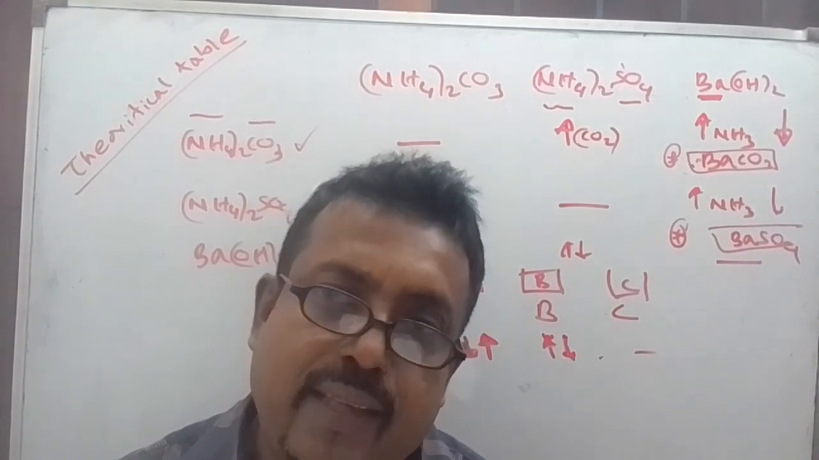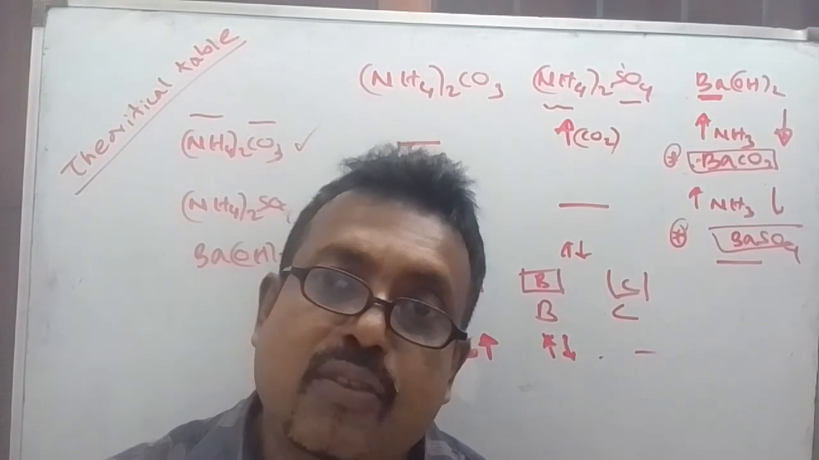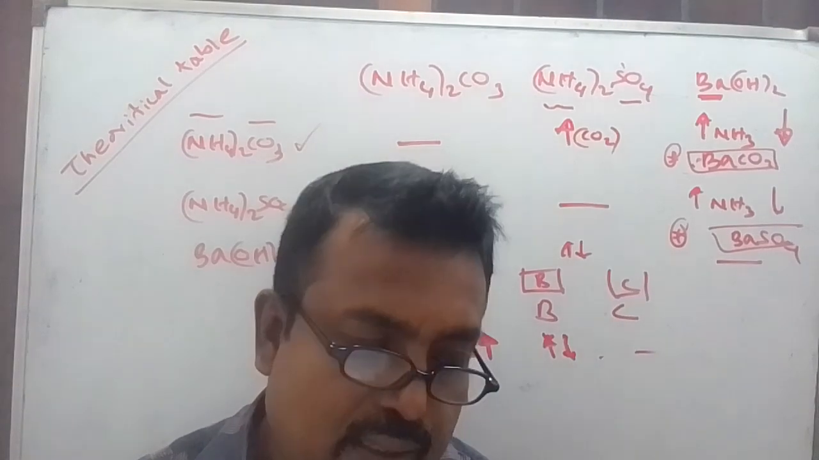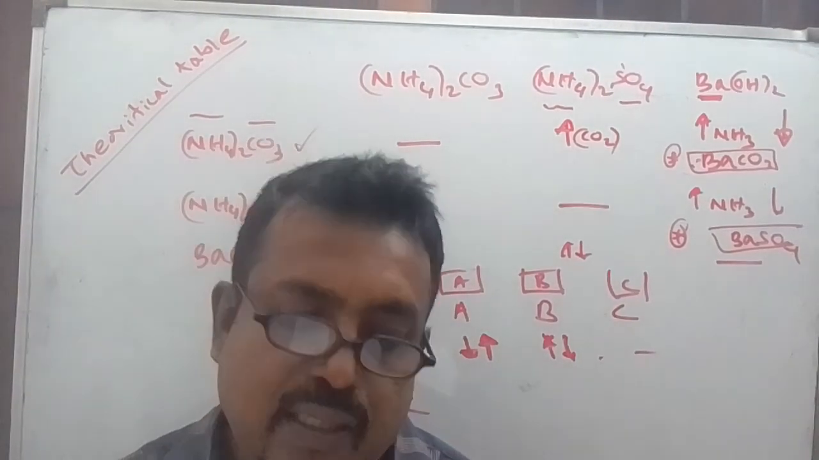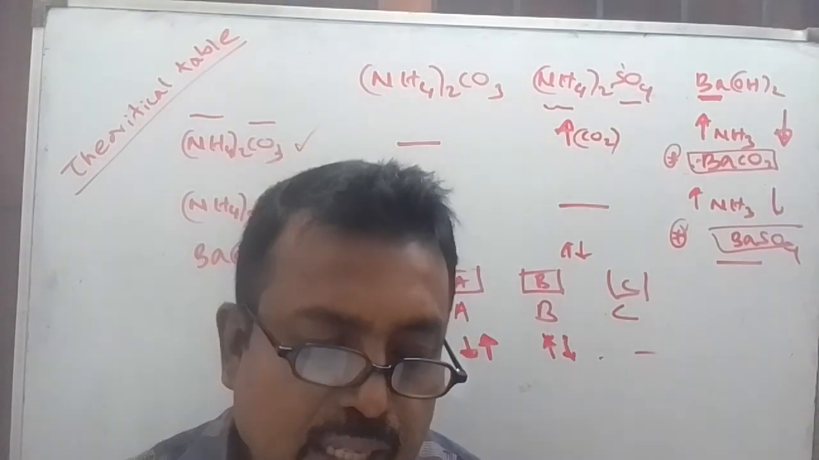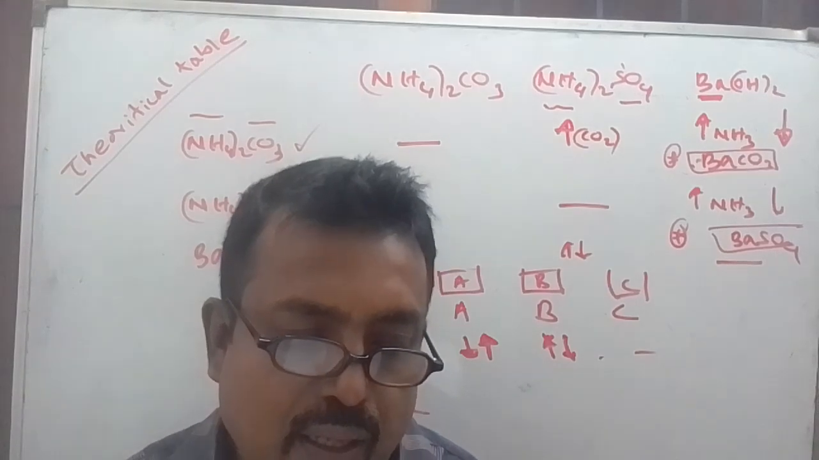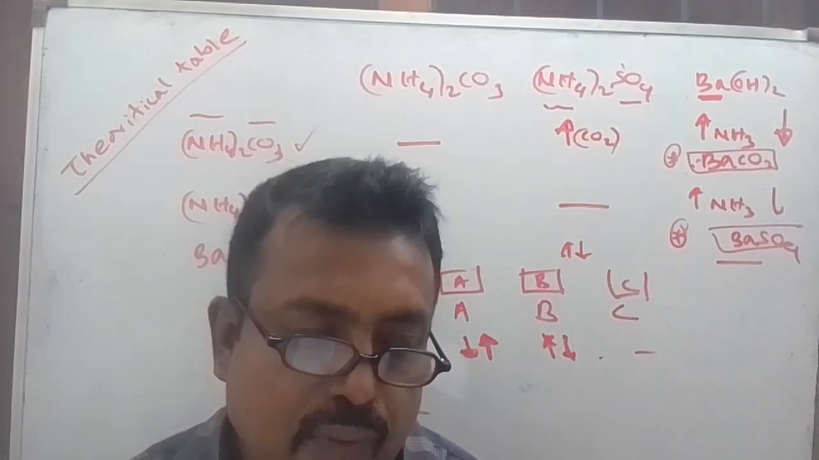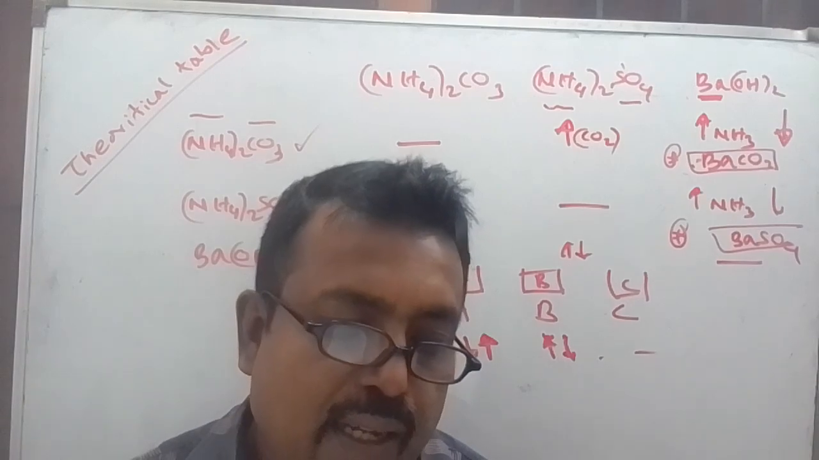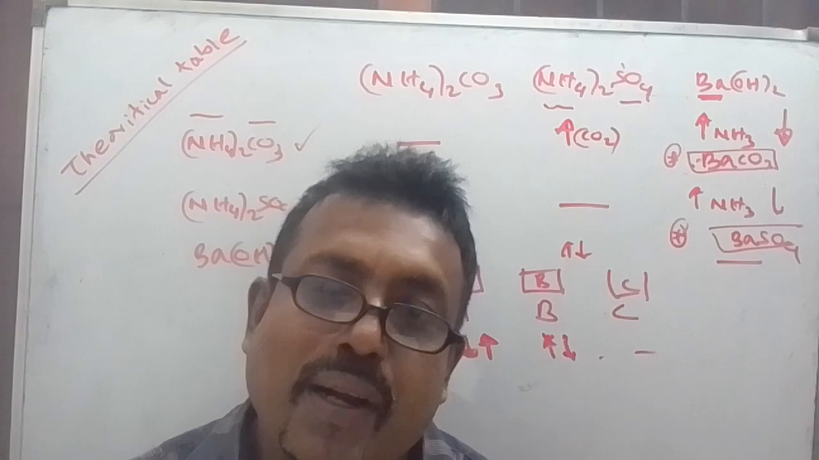Potassium hydroxide is basic. Sodium chloride is neutral. Why? It is a salt of a strong acid and a strong base. Acetic acid is acidic. So when you dip red litmus in potassium hydroxide, it turns blue. In sodium chloride, it remains unchanged. In acetic acid, red litmus remains unchanged. Right. But